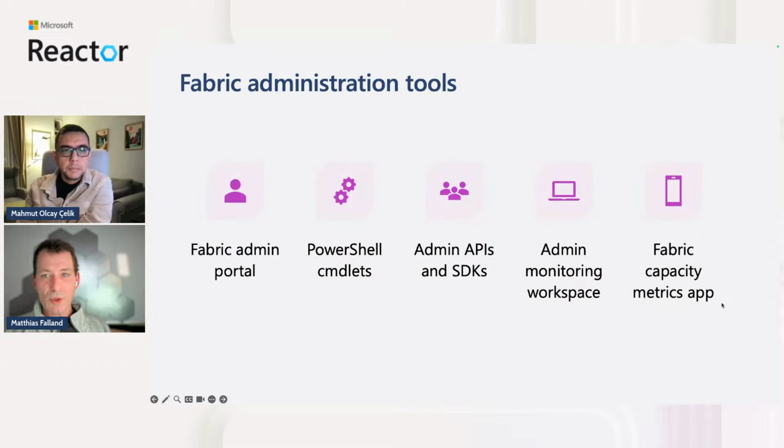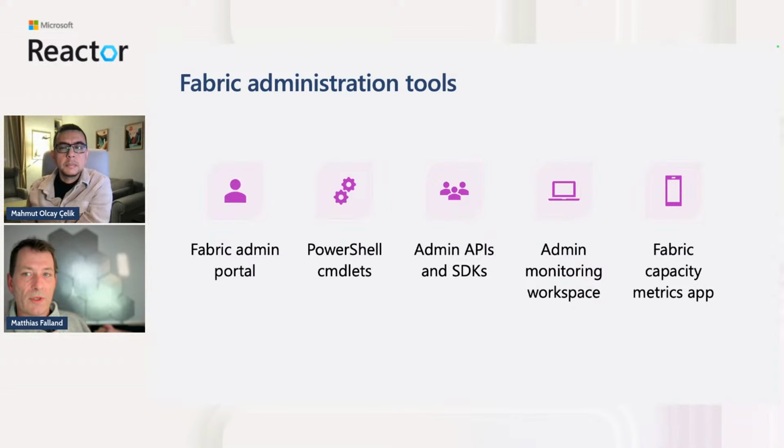You have different Fabric administration tools like the Fabric admin portal. You can access Fabric with PowerShell. There are different PowerShell modules that you can use. For example, for the so-called on-premises data gateway, there's a PowerShell module. For Fabric itself, there's a PowerShell module that you can leverage for dealing with workspaces. And for near systems like Entra ID and so on, there are also dedicated PowerShell modules that you most likely will